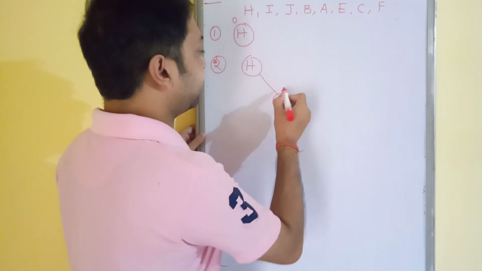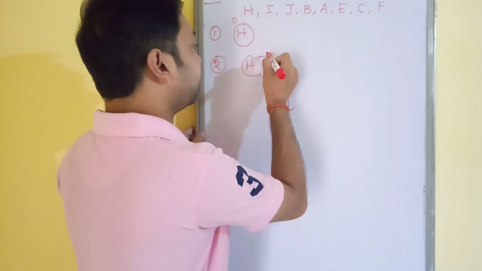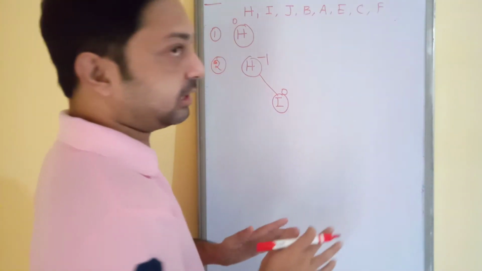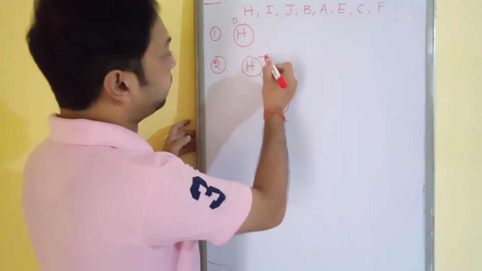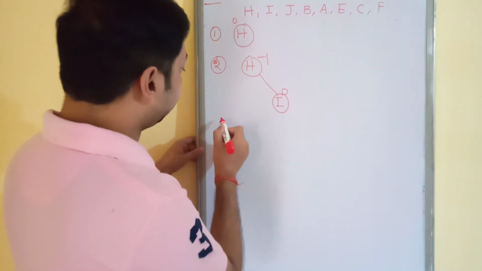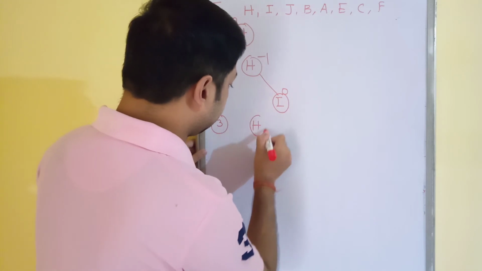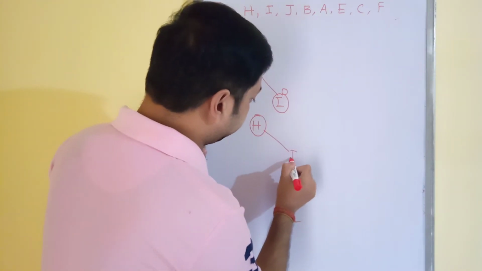So calculate the valence factor. This is 0. This is -1 because on the left hand side no nodes are present. In the right hand side only a single node is present. Now you can see the valence factor 0 or -1. So that is already balanced. Now move to the third one. That is H, I. So this is the previously defined structure.